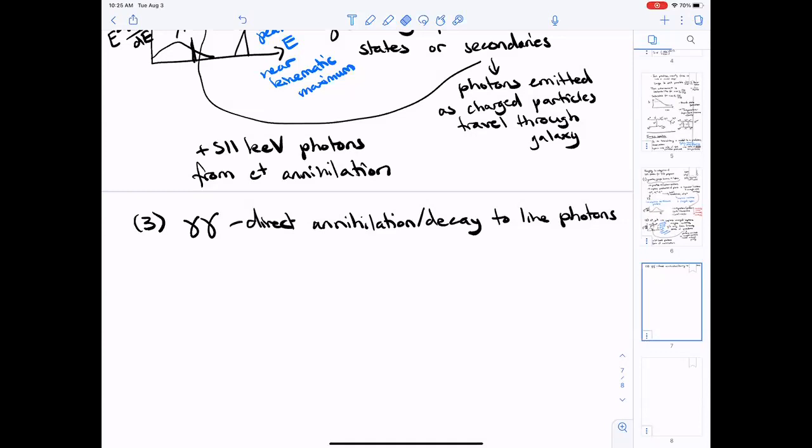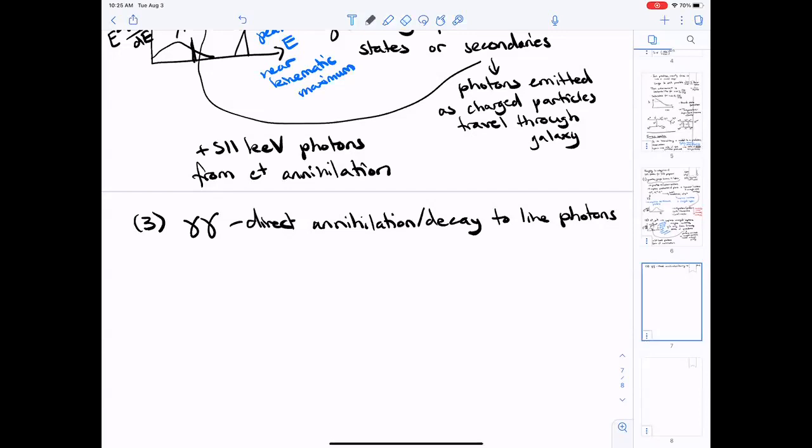Question? Wouldn't it not be dark then? Good question. Yes, the question was, wouldn't it not be dark then? So that's the catch. Usually, if this is going to happen, it has to have quite a suppressed rate, or it has to happen through a one loop interaction. So usually this is expected to be small.